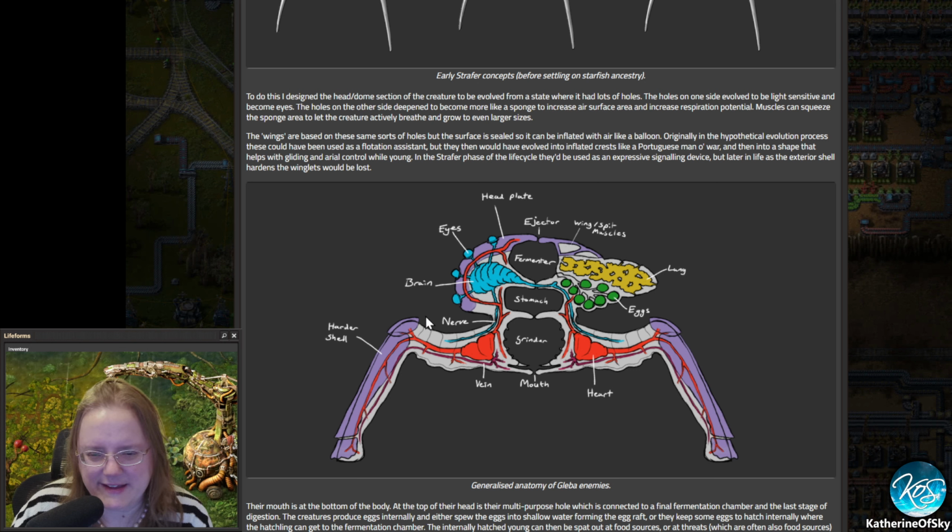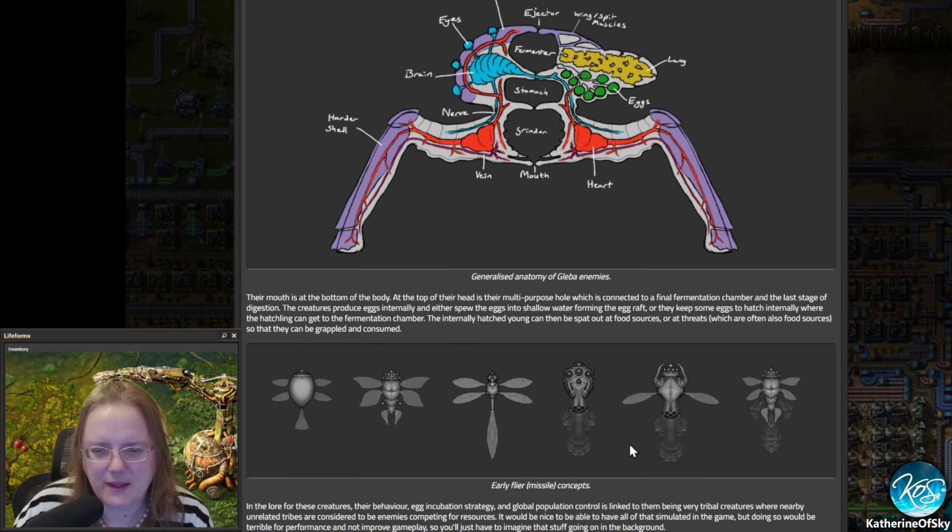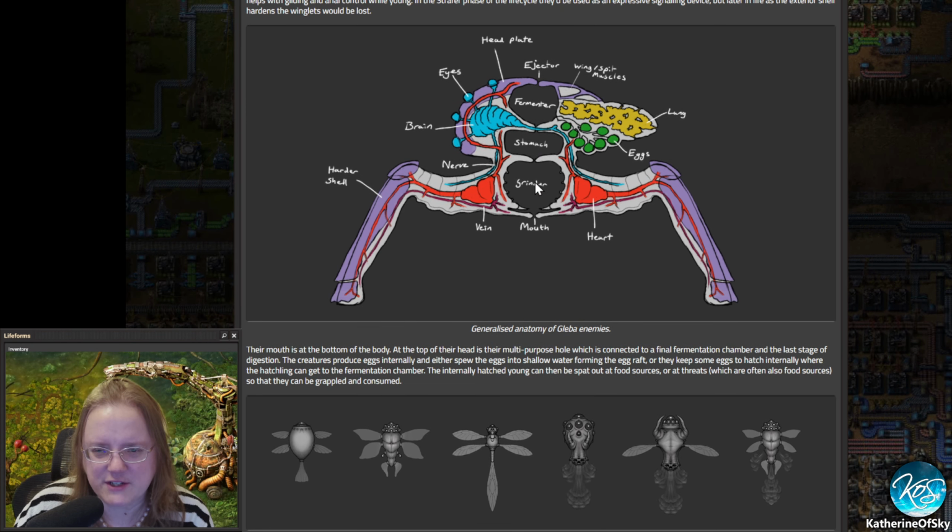Then they've got the legs and all of these veins. Look at those veins. And the hearts. Yeah, fantastic. Maybe it has 5 hearts, one for each leg. You know? Nerves and everything. This is fantastic. The mouth is at the bottom of the body. At the top of their head is the multi-purpose hole, which is